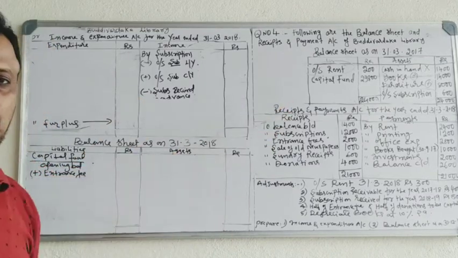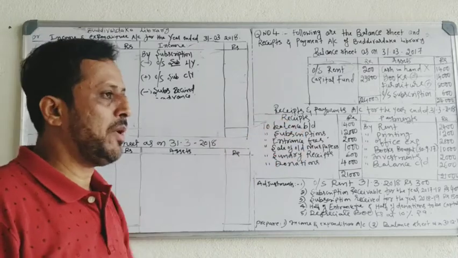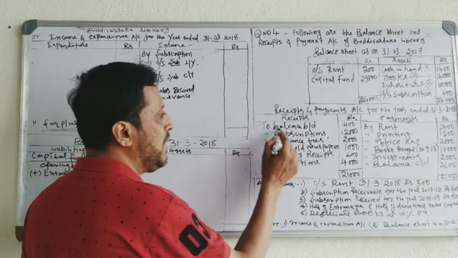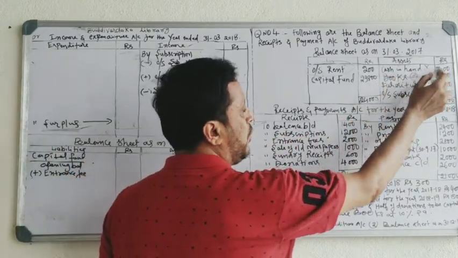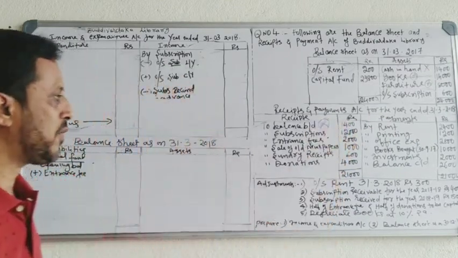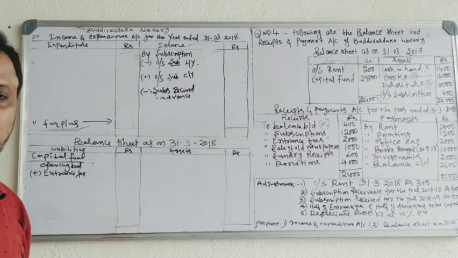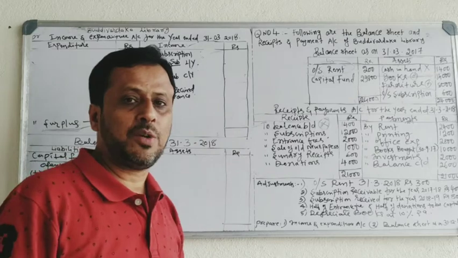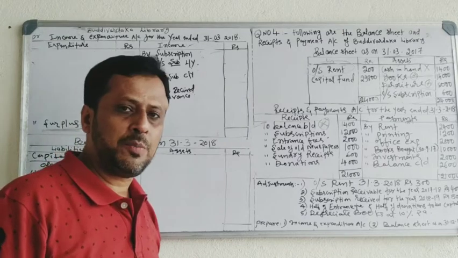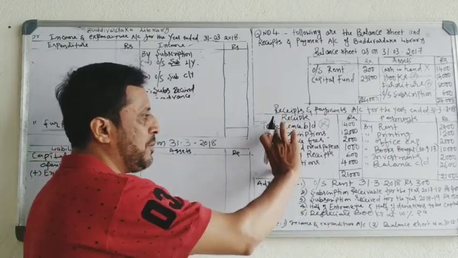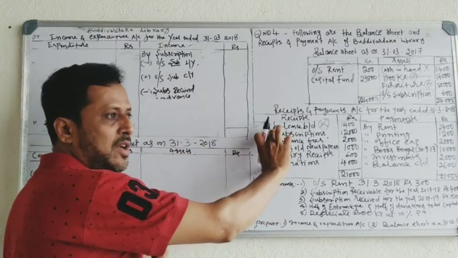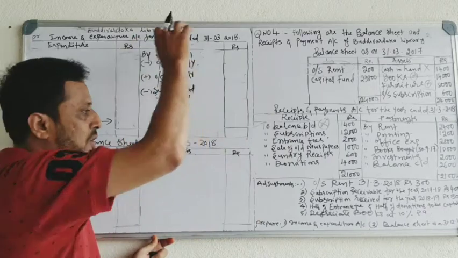We'll go to the receipts and payments account. Here you have the receipt side. Receipts means incomes. Balance brought down is last year's balance, 1,400. You should not take this; balance brought down you should not consider. Now you have the other 5 items. You have to see whether these items are capital items or revenue items, capital receipts or revenue receipts. Take capital receipts from here and transfer them to the balance sheet. Take revenue receipts from here and transfer them to the credit side of the income and expenditure account.